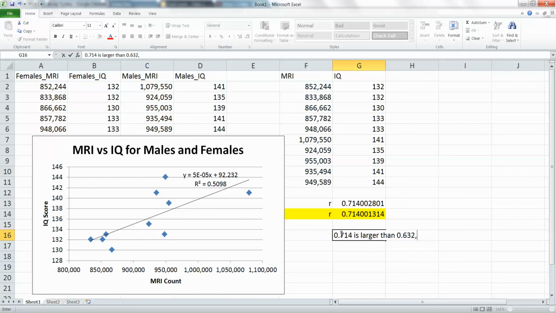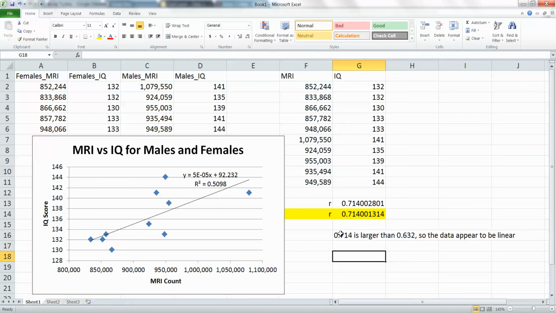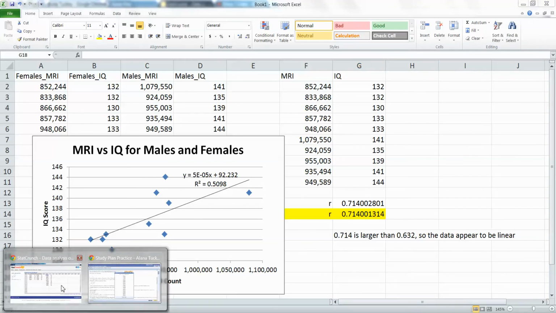So the data appear to be linear. Not 100% sure, but we think so. All right, and of course we find out more carefully with residual plots from section 4.3, but you'll hear more about that later. Okay, so real quick, I just want to run over to StatCrunch and show you how to